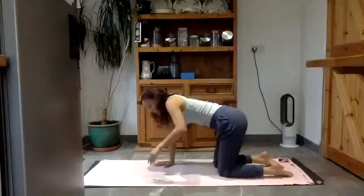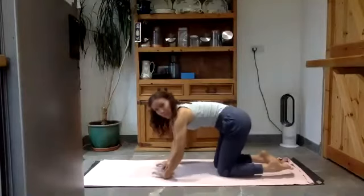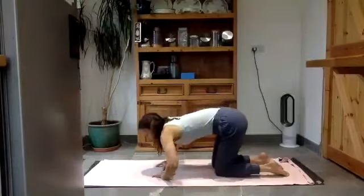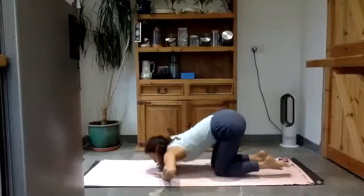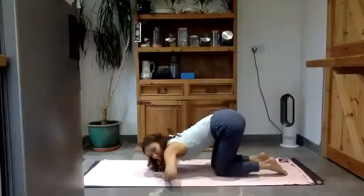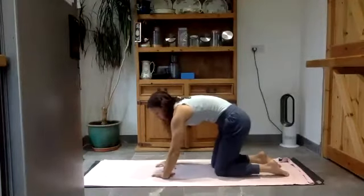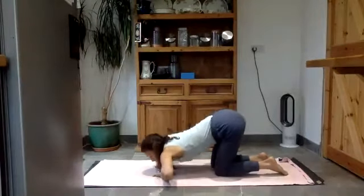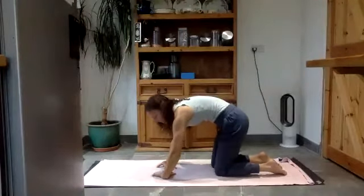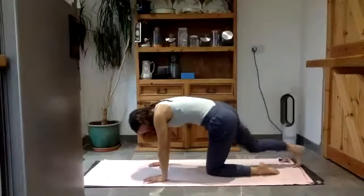Good. Now you just turn the fingers towards each other, stretching out the wrists a little bit before we carry on. Thumbs, baby fingers pressing into the mat, elbows bend, and then straighten them. And again, elbows bend, and straighten them. Keep those thumbs and baby fingers on the floor. Okay, last time. Good, and then release. All right, so you're going to take your right leg back, tuck those toes under, start